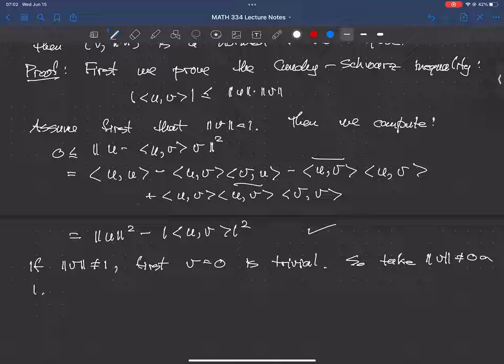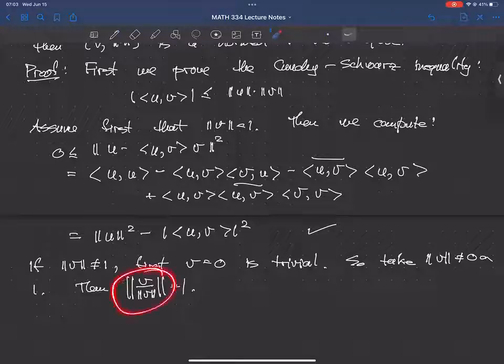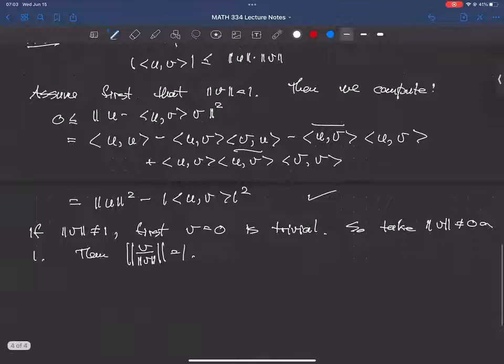Okay, so it's some positive number. Right, and so then v over the norm of v has norm equal to 1. Okay, and then you apply the Cauchy-Schwarz inequality with this vector, because that's what I just proved above, and you get the inner product of u and v over the norm of v